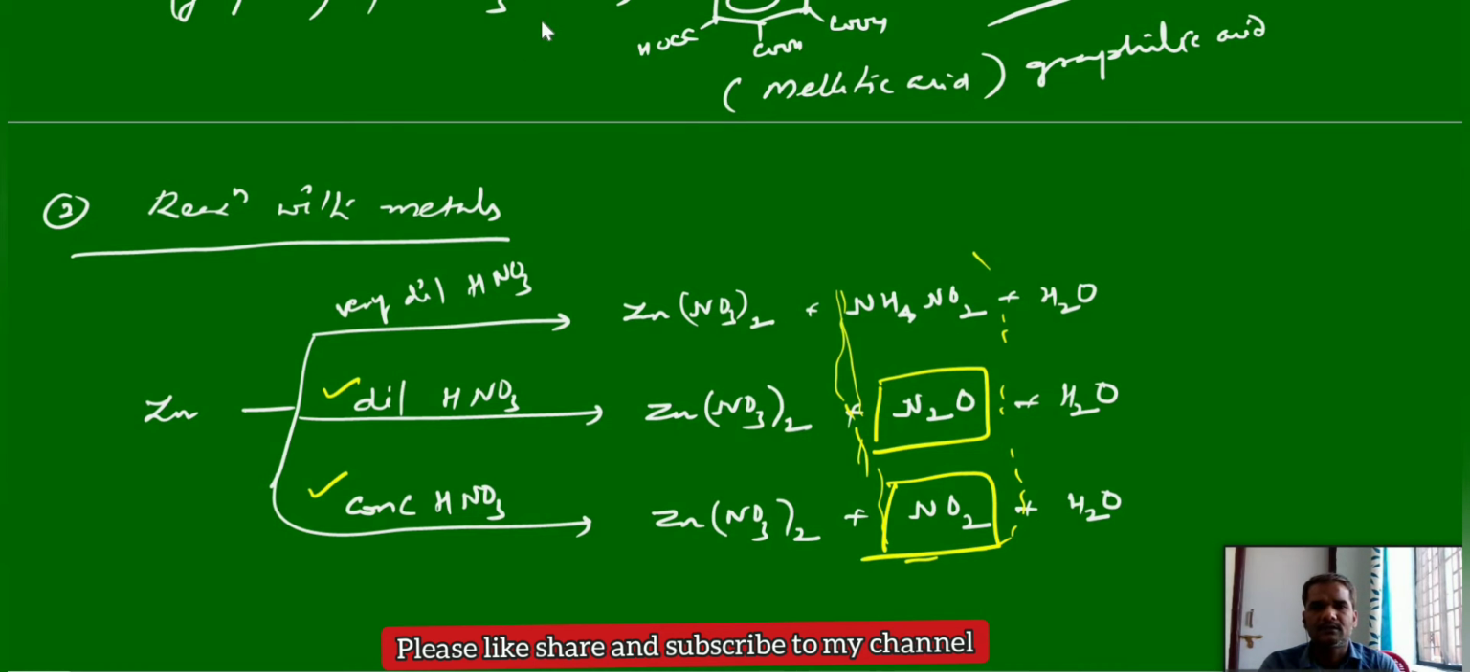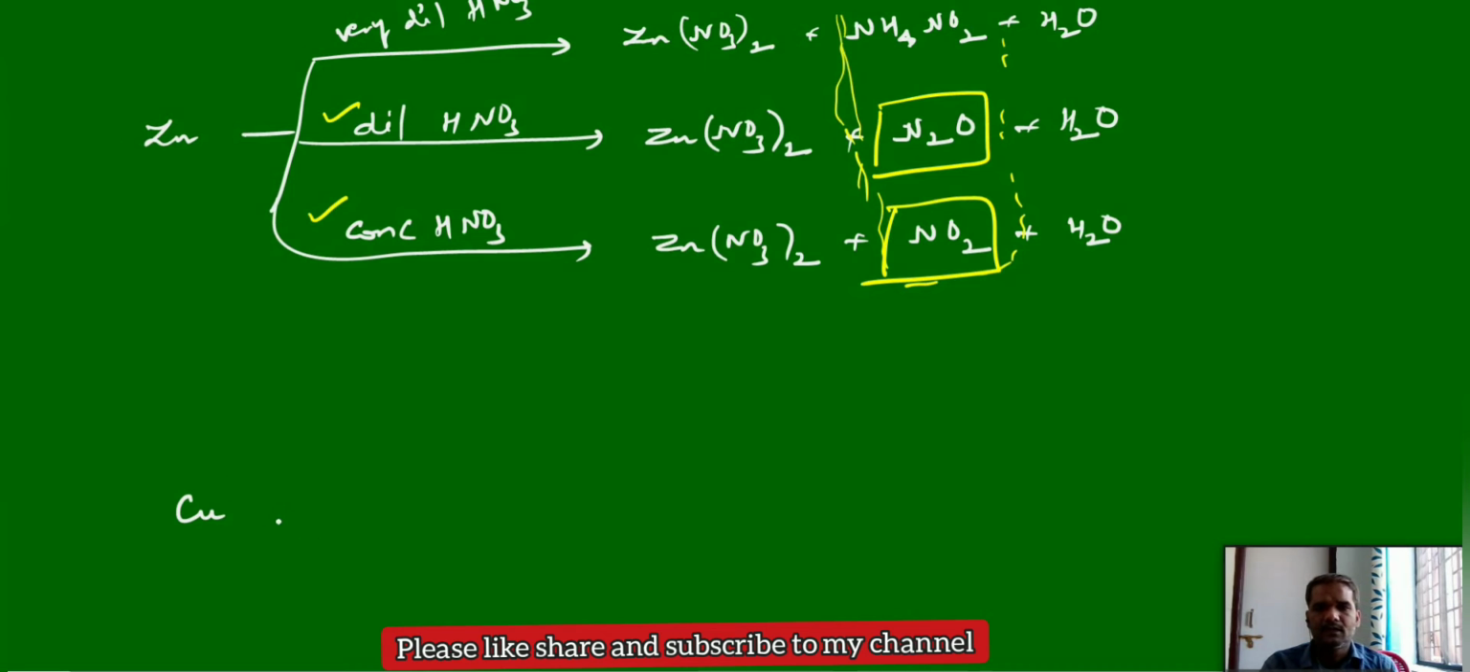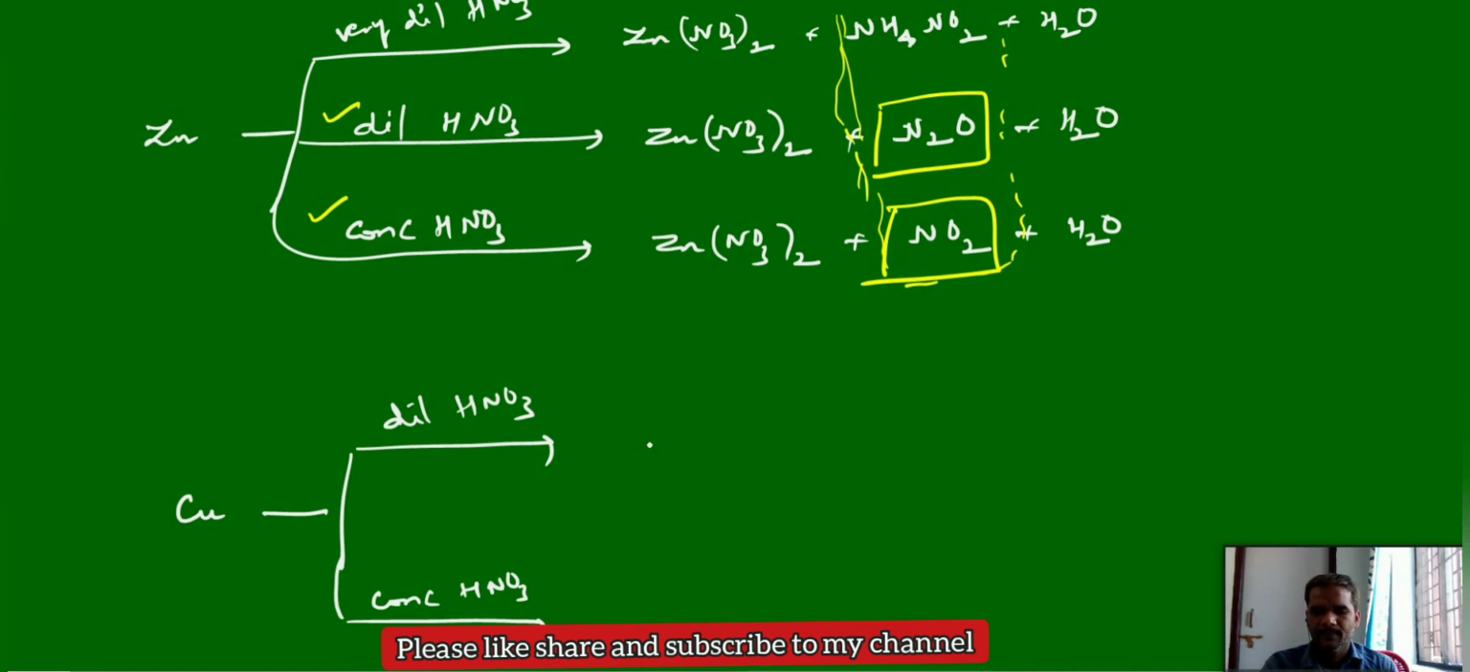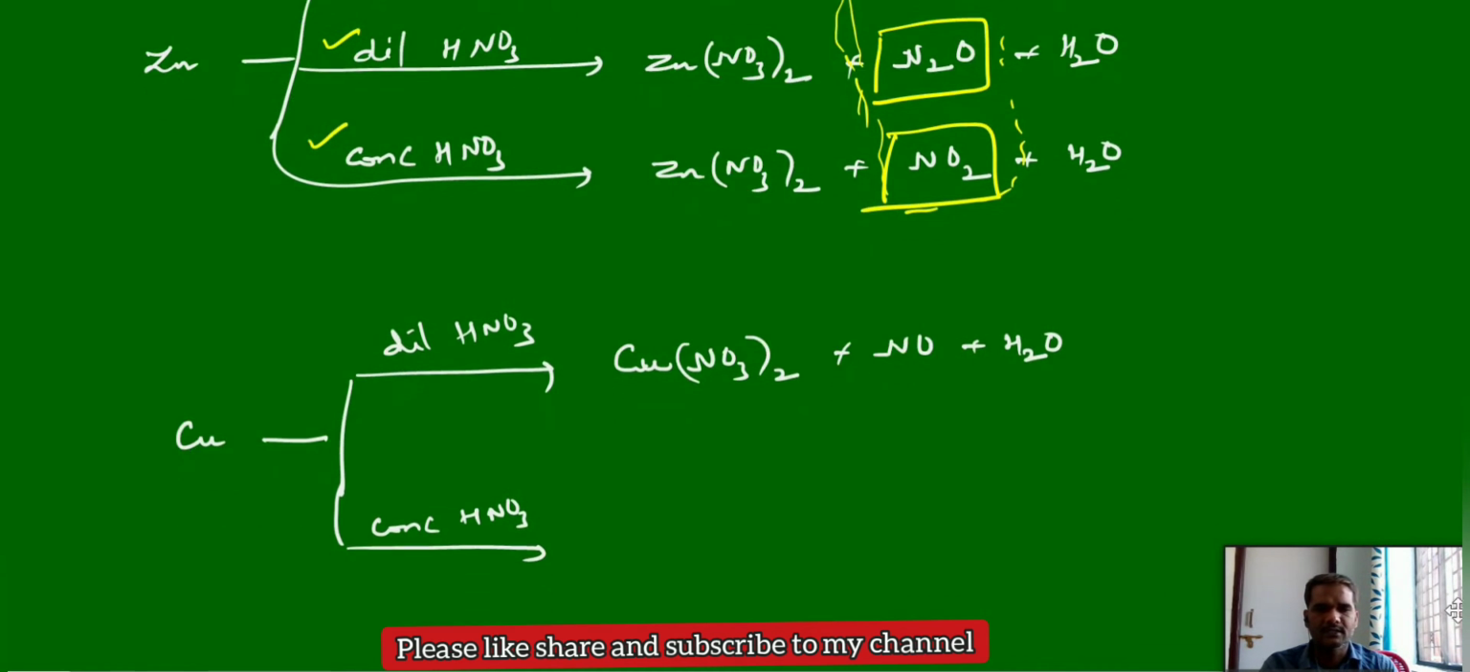And the second, take copper. Similarly, with copper, if you take dilute HNO3 and concentrated. In case of copper, there is no very dilute condition. Directly dilute HNO3 and concentrated HNO3. You will get the products like this: copper nitrate plus nitric oxide, water. But if you use a concentrated nitric acid,